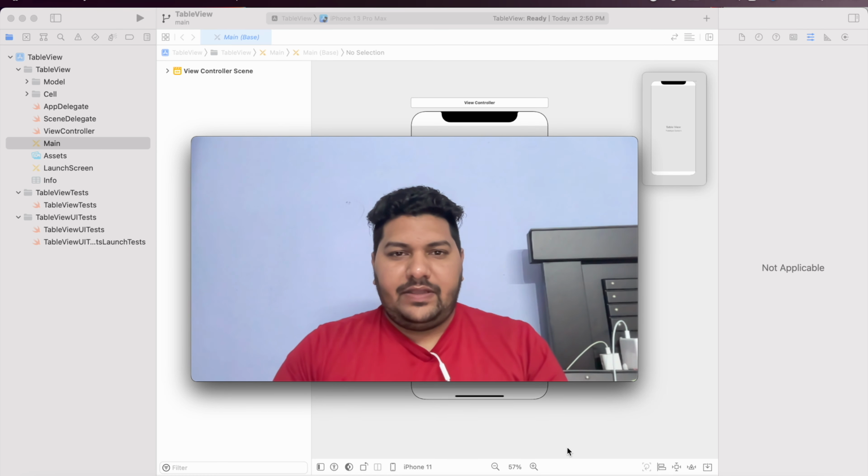Once again I came with a very interesting tutorial. Last week I ran a small poll and I got only 25 feedback on that. Today I am going to explore what is the best way to use the cells in the table view. So first of all I will show you what poll I have executed.